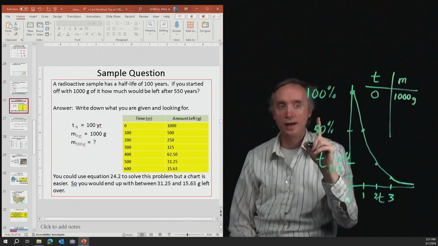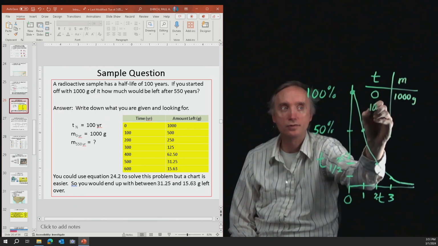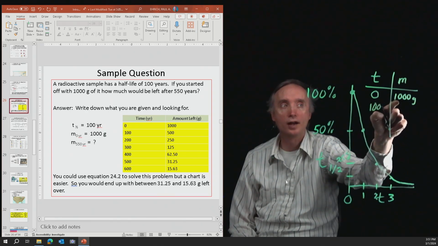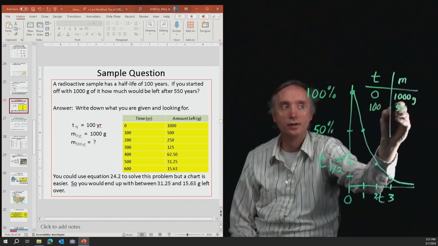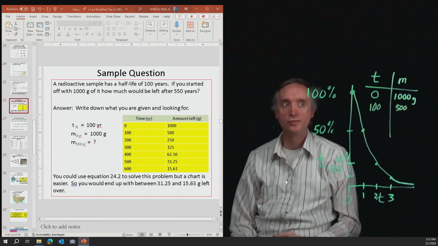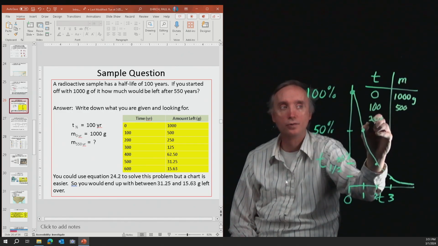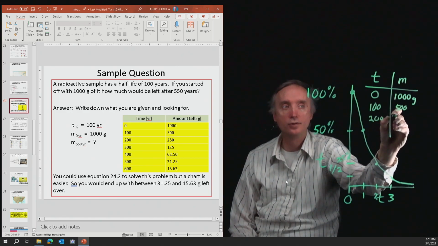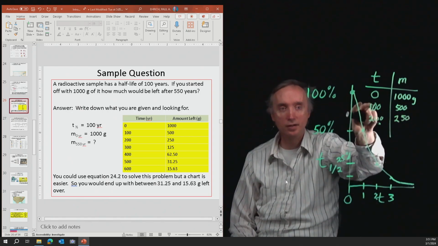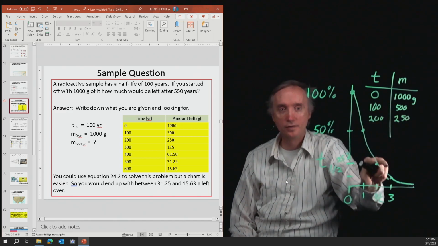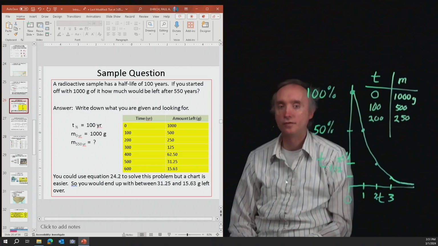Now after one half-life, so how many years? 100 years is one half-life. We're going to have half of this, so it's going to be 500. And then after two half-lives, so now we're up to 200 years, we're going to have half of this, it's going to be 250. Okay, and you just keep going down, filling in this table until you get to around